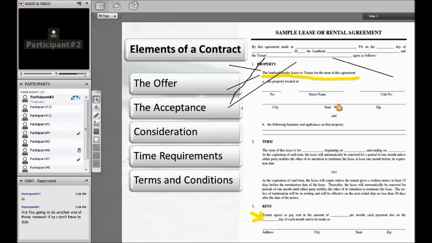So you've got your property being offered up for the rent down here. Okay, time requirements, that would be right in here where you have a date, how long the lease is going to be for. A lot of times,